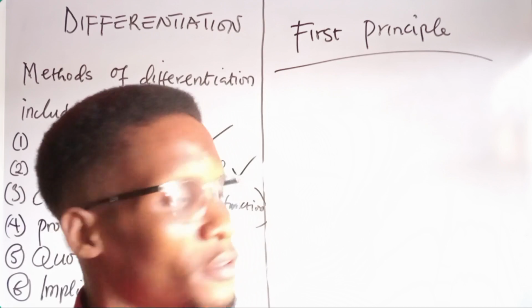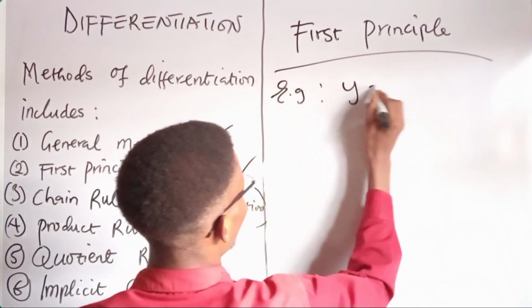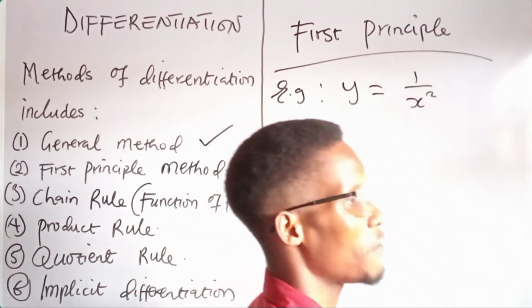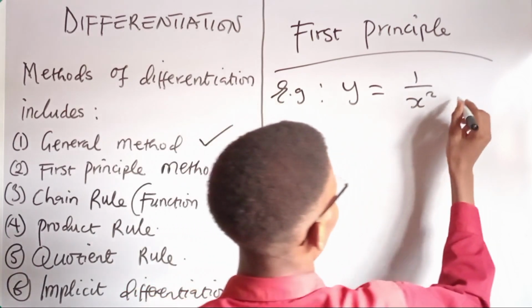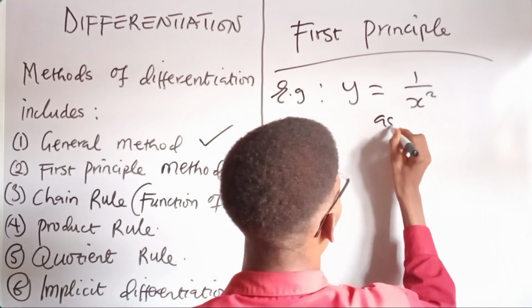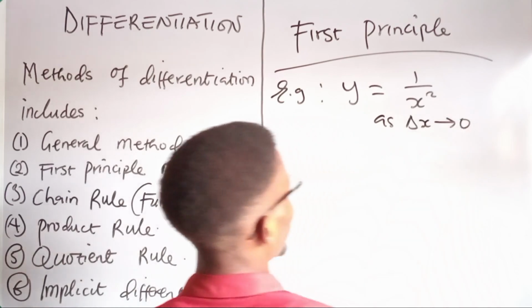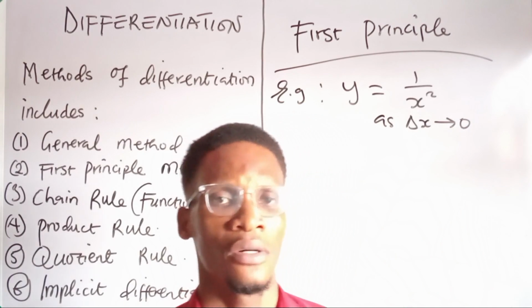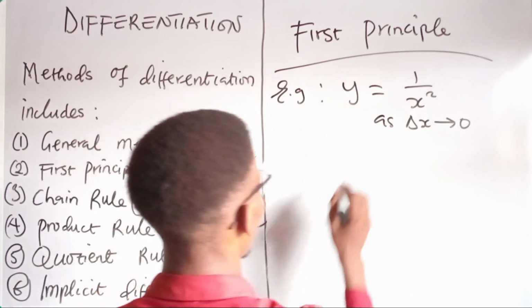Let's say we are given this example to solve: y equals 1 over s squared using the first principle method, as change in s tends to 0. Okay, so we're given this question to solve. What do you start solving by saying